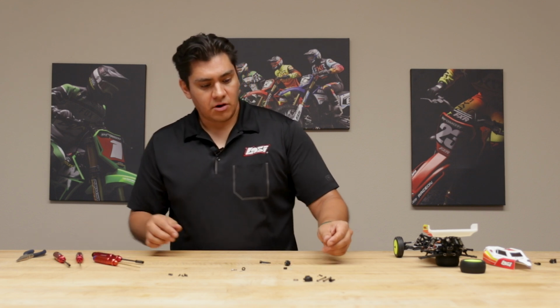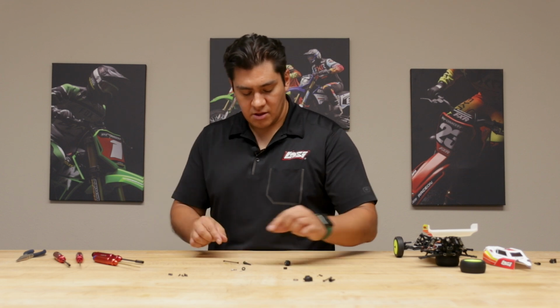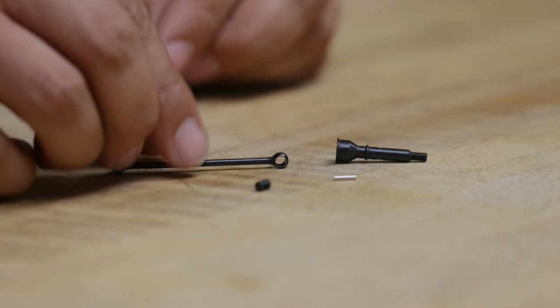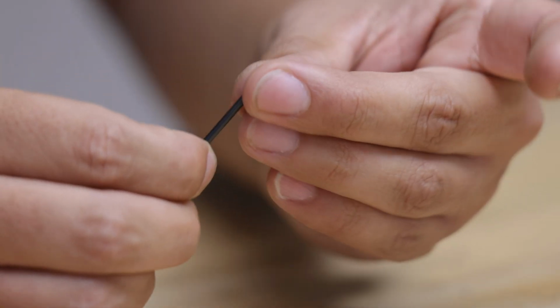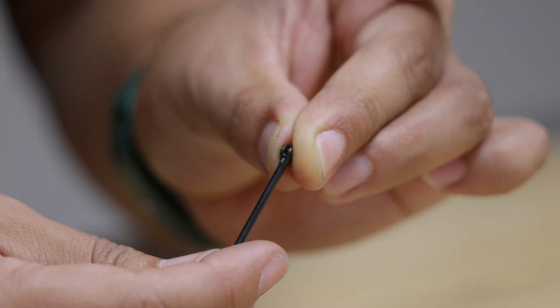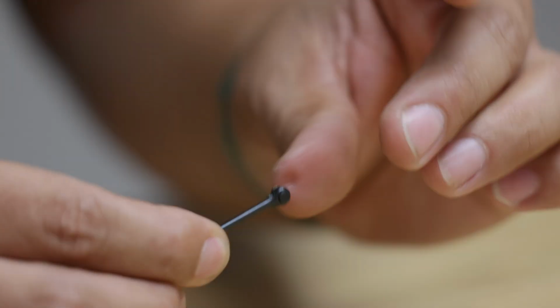So now comes the fun part, actually building your CVAs. In order to do that, you need your CVA, kind of your outdrive there, your pin, and your barrel. What you're going to want to do is slide your barrel into the CVA, and there's actually a hole in the barrel that needs to line up with the groove. Might be a little hard to see on camera there. Make sure that that's pointing straight up,